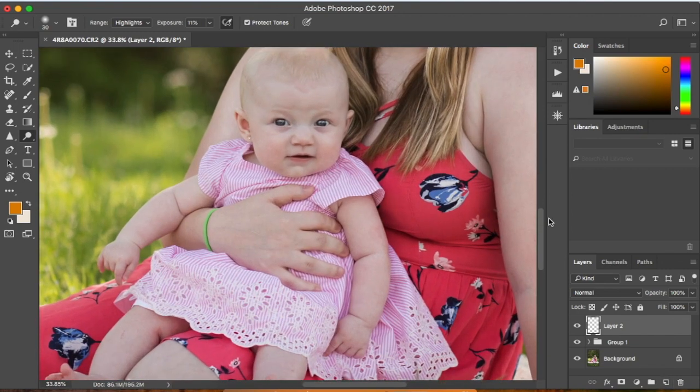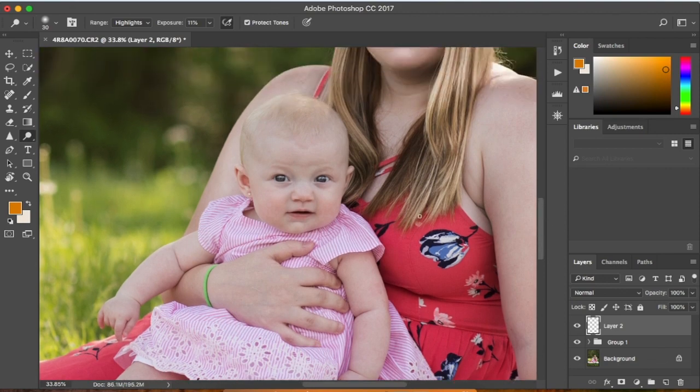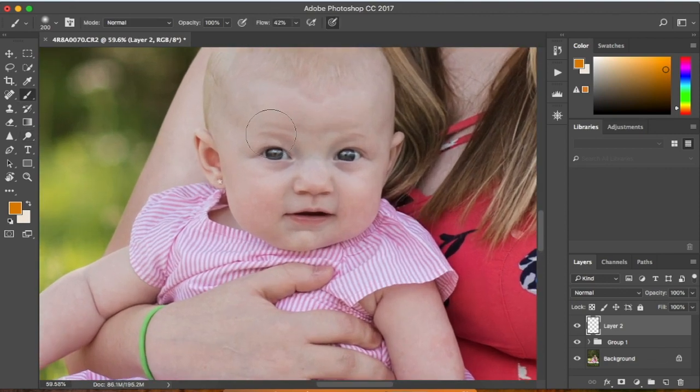I personally like doing this when there are children in the photos just because it gives them a creamy skin look. There's different techniques for everybody. Not everybody's gonna like the same thing as I do, but what I'm gonna do, select my brush tool, click Option, select an area, and then decrease the brush size, and I'm going to paint onto the face. Now, just trust me, it's gonna be pretty intense right now, but